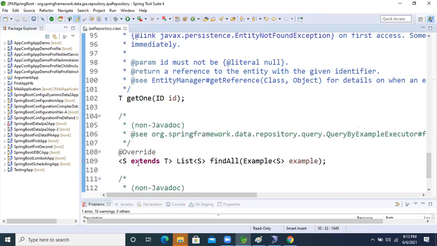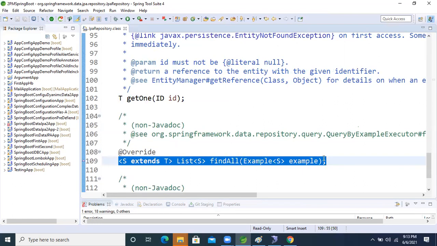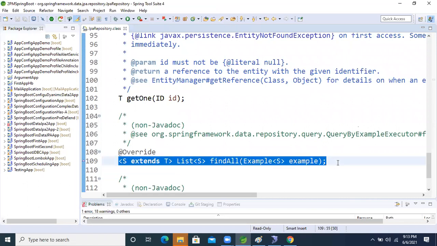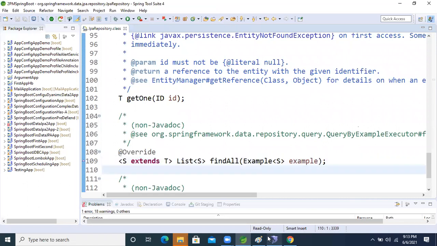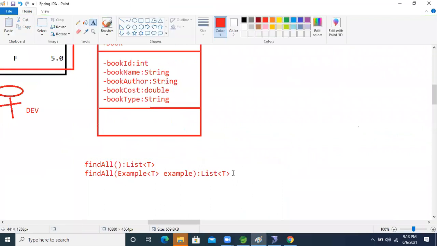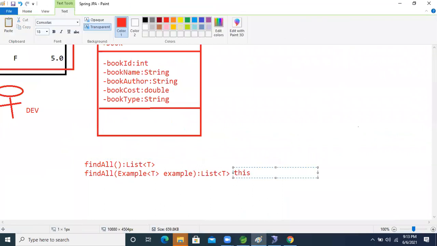See this, guys, I'm talking about this method. Using this method, what will we do now?